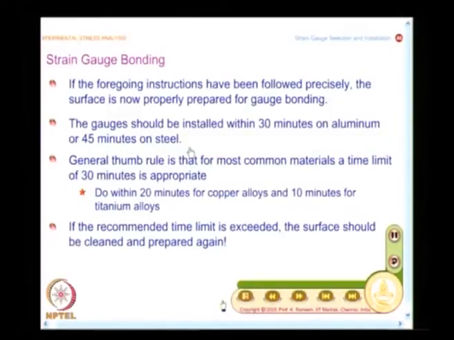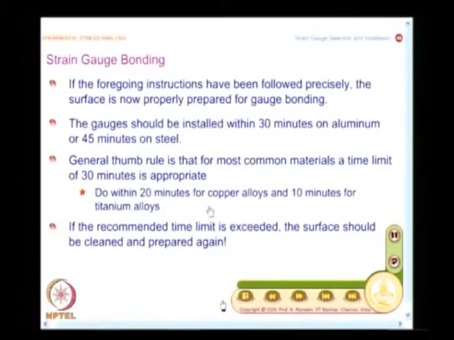And what is the general thumb rule? The general thumb rule is try to do it within half an hour. But you will have a general instruction as well as special rules. If you go for copper alloys, you should do it within 20 minutes. On the other hand, if you go for titanium alloys, you should do it within 10 minutes.